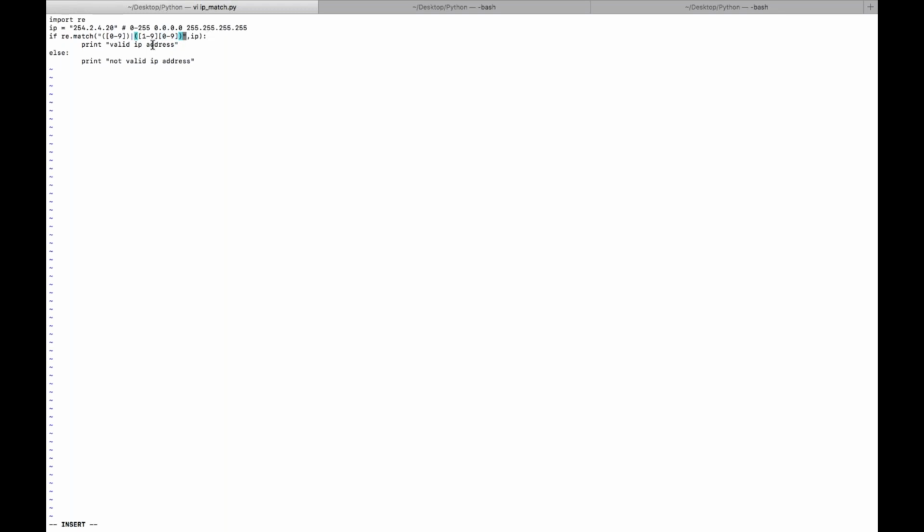So this will match 10 to 99, like 10 11 12, like 20 30 up to 99. If this is 9 and this is 9 it will match 99. So 2 digit over, now 3 digit,